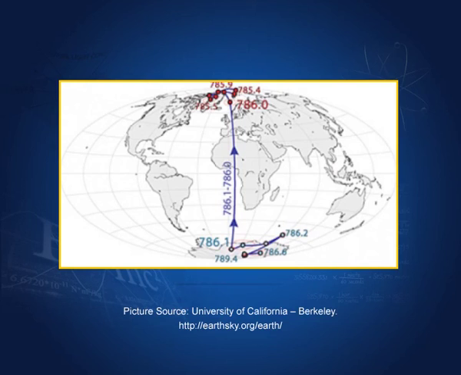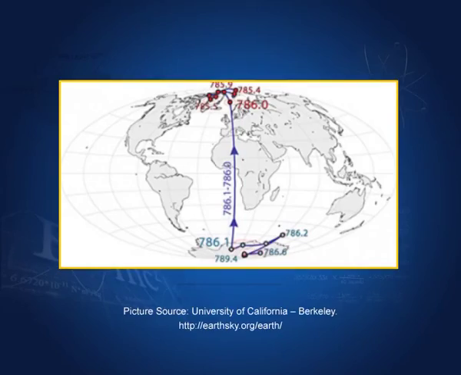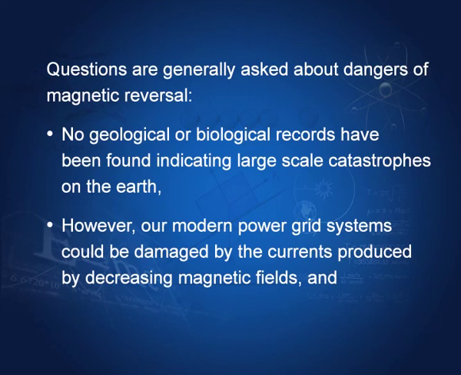What is happening? The Earth's north pole was at this point in the Antarctic, in the geographic south, and it wandered around there for some time, and within a short time it flipped from the geographic south to the geographic north. And since questions are asked about the Earth undergoing a reversal of the magnetic field, there are also worries about whether it would affect us. There are generally questions about the dangers of magnetic reversal.